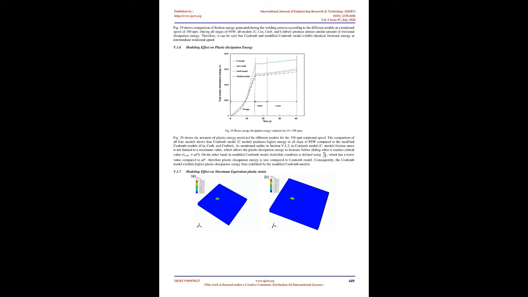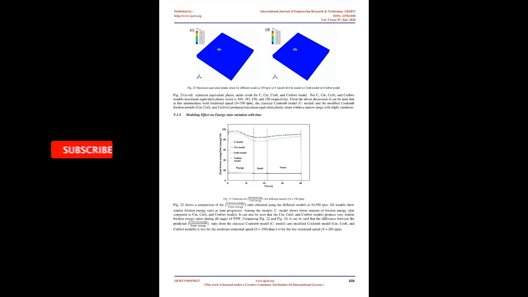Fig 18 shows a plot of the plastic energy to total energy ratio for all models at the same rotational speed, 200 rpm. From the plot in Fig 18, it is clear that the C model predicts a sharp increase in the plastic energy ratio, which indicates severe plastic deformation. During the dwell stage, the plastic energy to total energy ratio decreases slightly. Finally, during the travel stage, there is a sharp decrease in plastic energy to total energy ratio. Conversely, no sharp rise of energy ratio is observed during the plunge, dwell or travel step for CM, CMFT, and